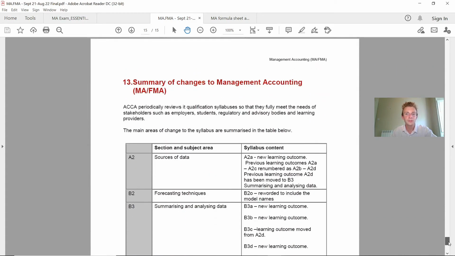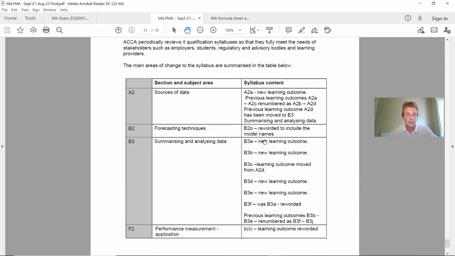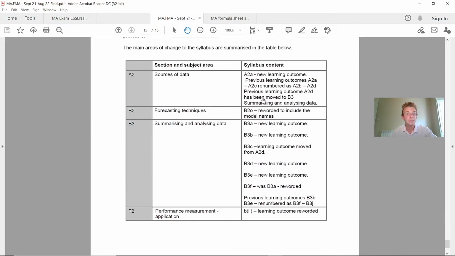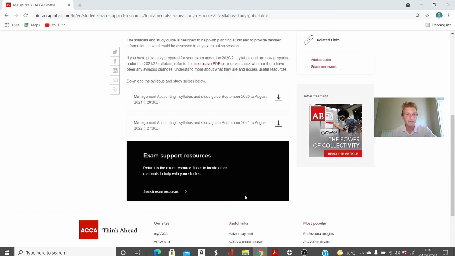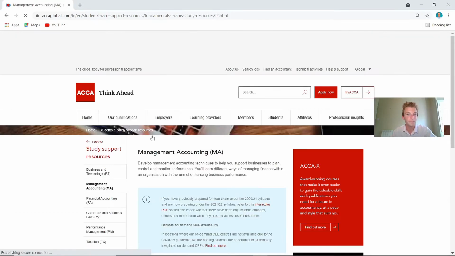And if you scroll down to the bottom as well, this is where you actually have any changes to the syllabus. So if you're doing the MA or the FMA paper, the foundation paper, this nicely breaks down any new up-to-date areas that you need to be aware of, from sources of data, and potentially you've got new learning outcomes. So just be aware of that, so you get a nice little breakdown. But go in, have a look at this document in a bit more detail in your own time, and that will definitely help you out and be one of the key resources I'd be referring to help me pass